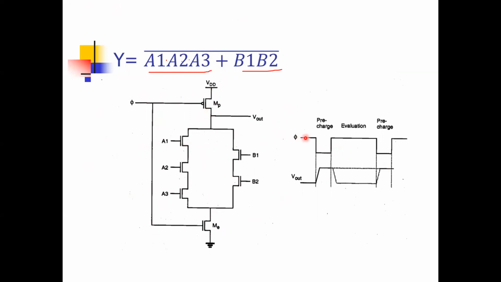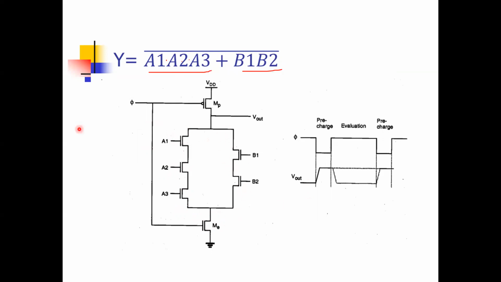Okay, now see, when phi is 0, whatever your input, the output is always 1, because it's a pre-charge transistor. At 0, the lower one is off, so only the upper one is on, and the output will be pre-charged. But when phi is 1, then the output can be 0 or 1, depending on your A1, A2, A3, B1, B2. So phi 0 is pre-charge, it's 1 always. But when phi is 1, it can be 0 or 1, depending on whether it is getting a path to discharge. Meaning if A1, A2, A3 are on, because ME is already on, then it can discharge. If B1, B2 are on, then it can discharge.